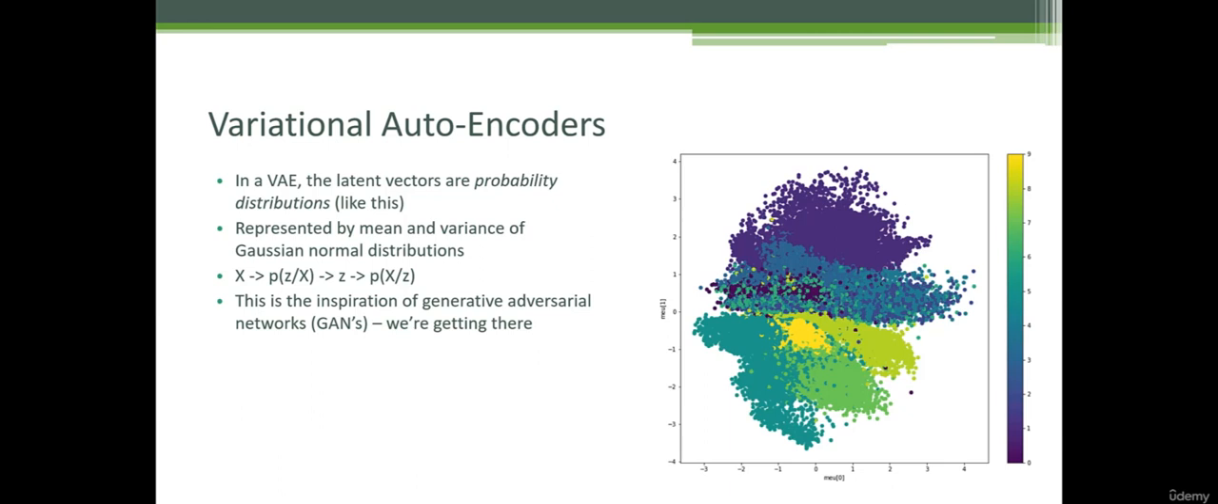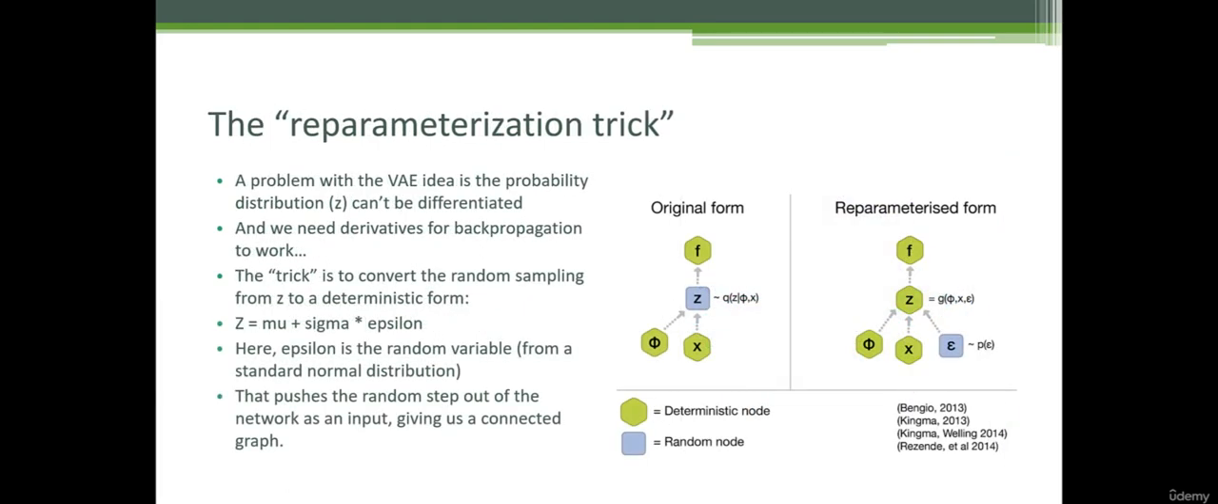And this is the inspiration of generative adversarial networks, or GANs. So we're getting there soon. We'll see that GANs are just another spin on variational autoencoders where it's more general than using Gaussian normal distributions. One thing that you're going to see in the code that we should talk about is something called the